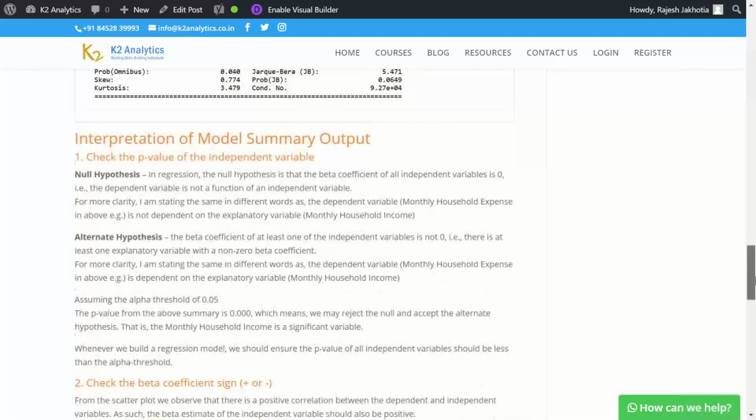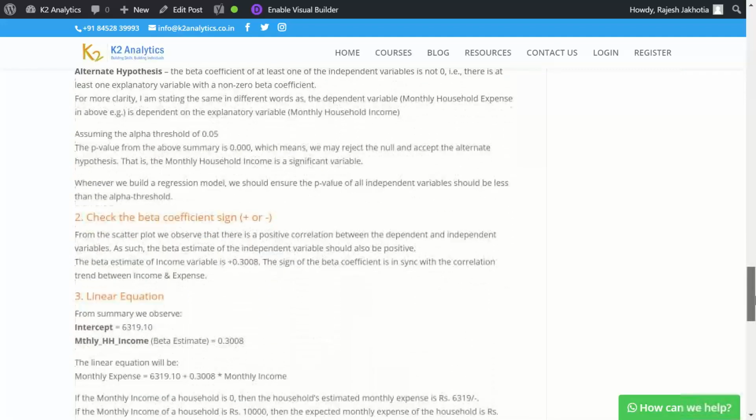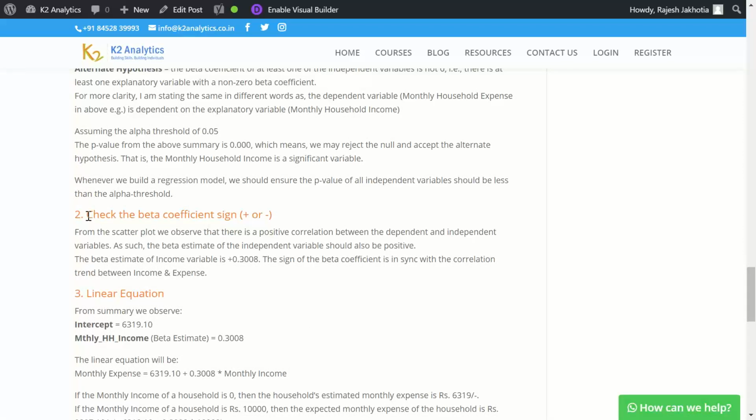Now let's move to the second interpretation. Check the beta. What is the sign of the beta of your independent variable? In our case, the beta estimate of monthly household income is 0.3008.